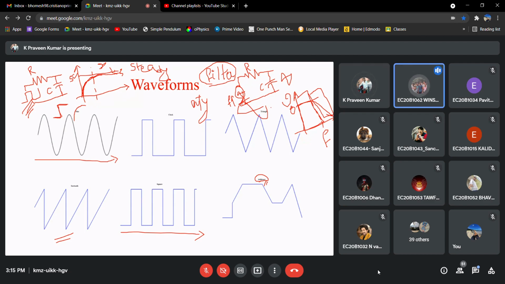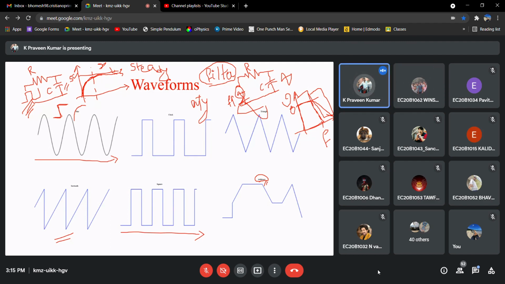Sir, in the first example also we have a capacitor. Yeah, there we are using a rectangular pulse, for transient response analysis. There, sudden changes are not a problem.